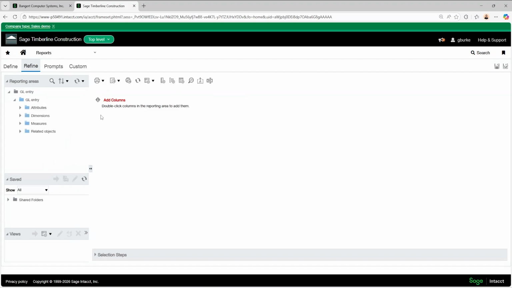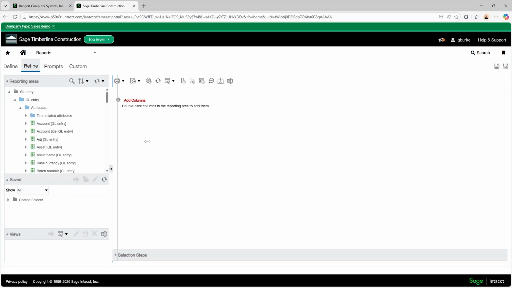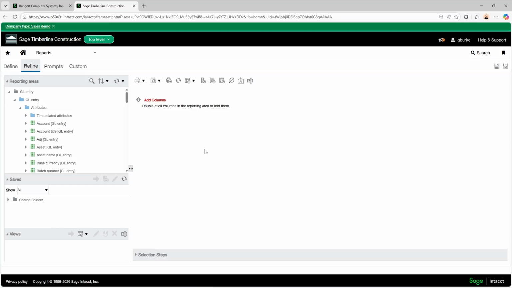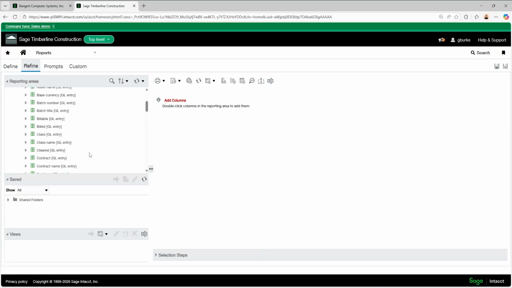So if you're not familiar with case-when functions, they're very similar to if functions in Excel, where you say, if this scenario is true, or when the scenario is true, then we want this result. Otherwise, we want that result.